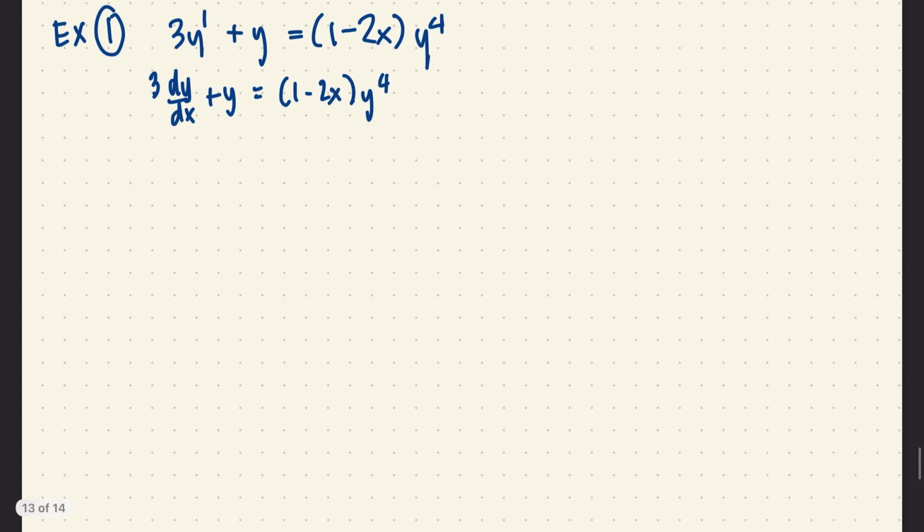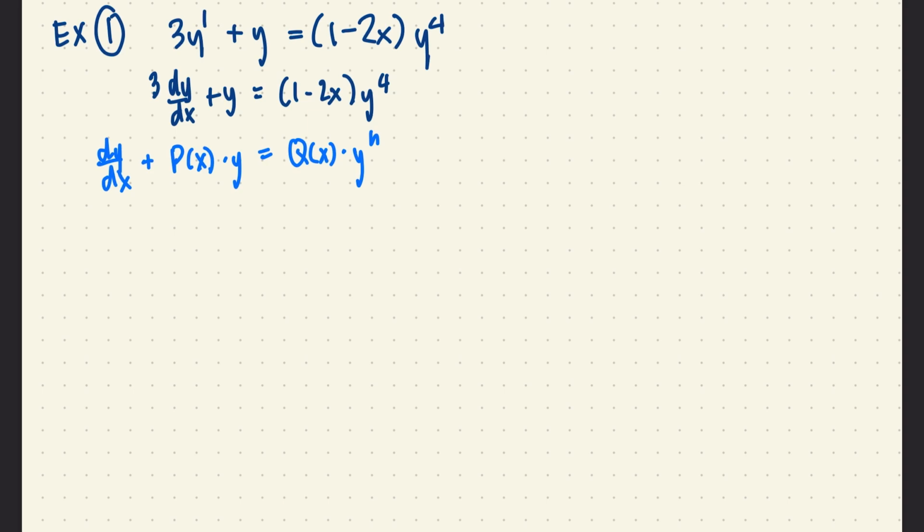The standard form of Bernoulli in y is dy over dx plus p of x times y is equal to q of x times y raised to n. So if we try to write the given equation into this standard form,